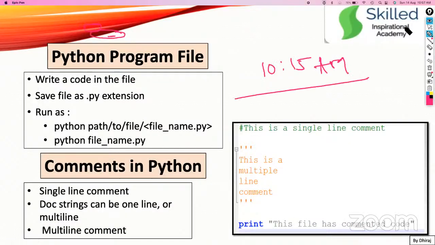Let's come back at 10:11. No, not 3:15, 3:11. My bad, not 3:11, 10:11. Let me pause my